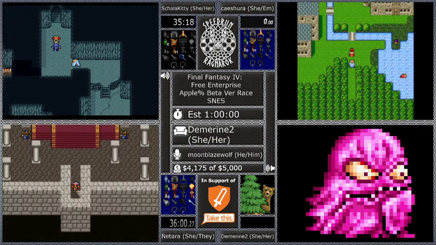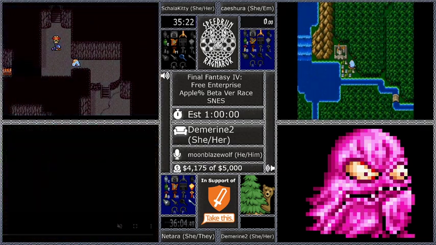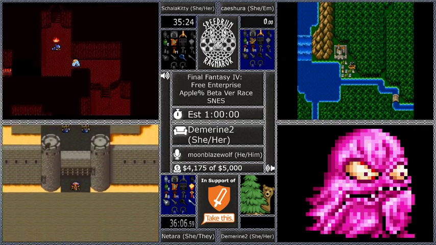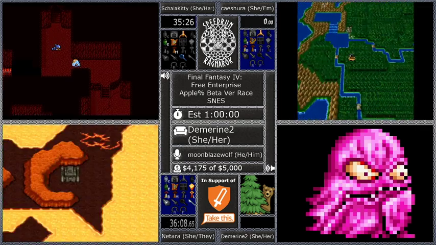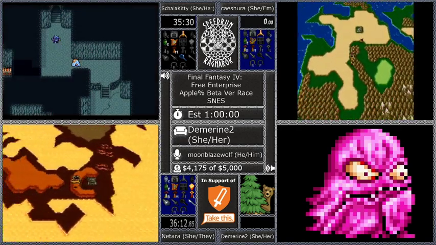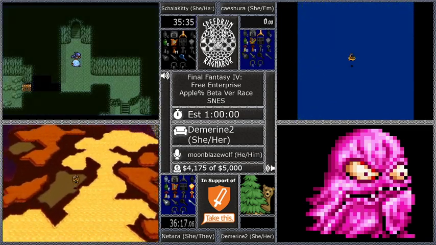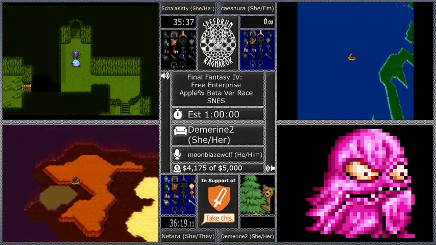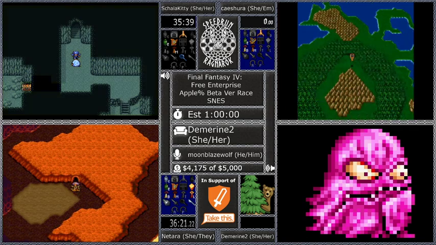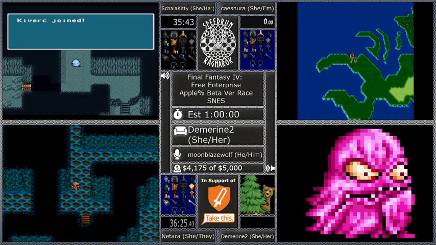And then Netara showing off the warp glitch, too, to get the item from Sealed Cave. Yeah, I was just going to comment on that, too. Although Netara doesn't have a way to get to Zeromus yet, so I guess we're not done, but she does have a crystal. Mm-hmm. And she has 9 key items. The 10 key item experience double still exists in Free Enterprise, so that option definitely is still there, unless she also has the pan, which I don't think she got, but...